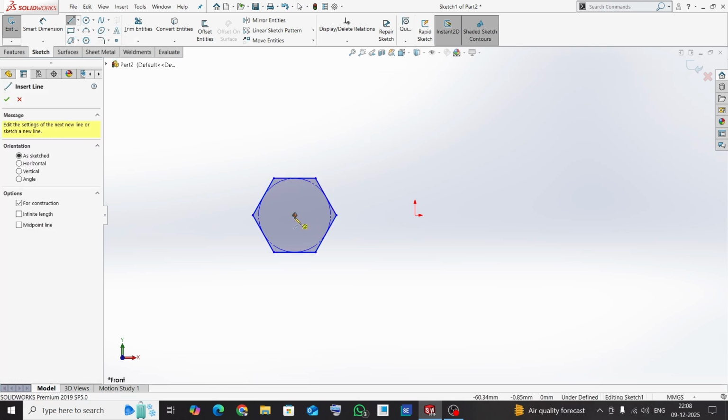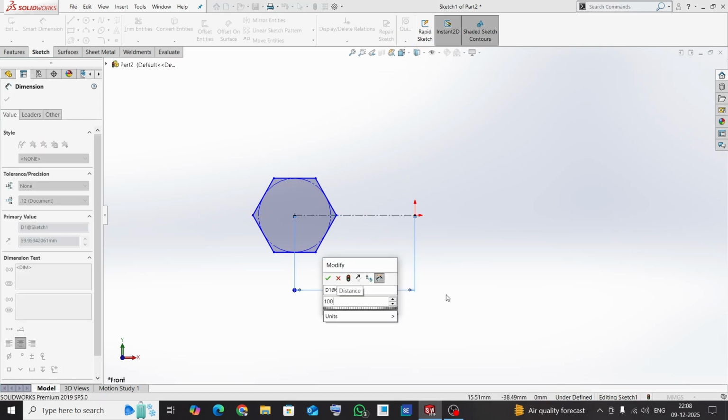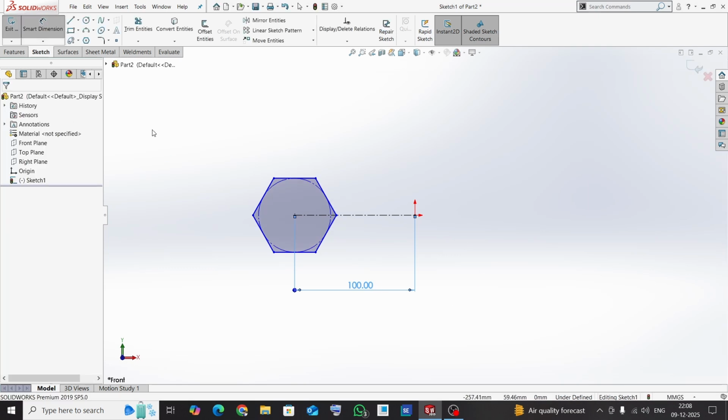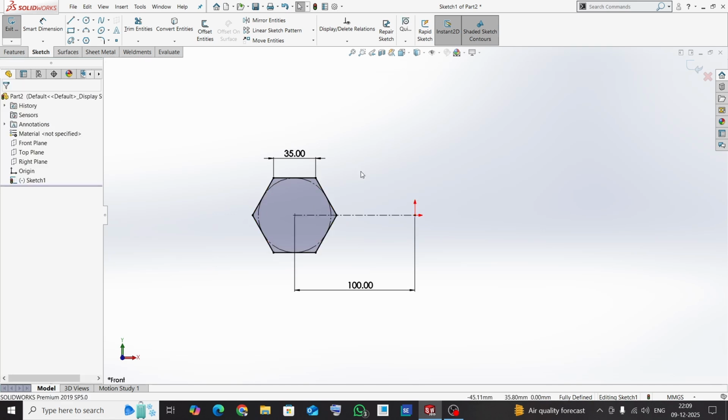Line, dimension it. Make it coincident with the line. Now this sketch is fully defined because it is in black color. We haven't drawn an axis of revolution here. Now we will check whether it is working with the revolve command or not. So close the sketch